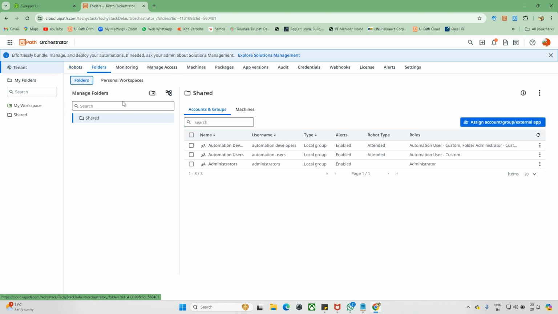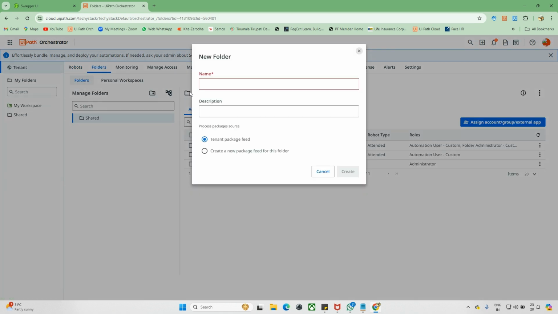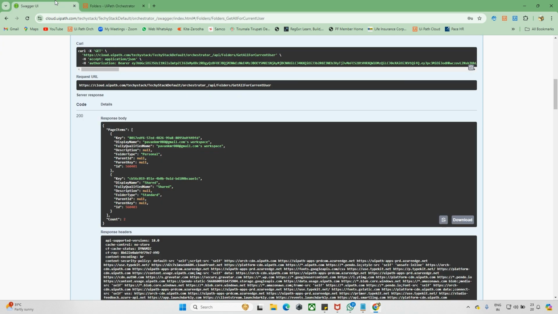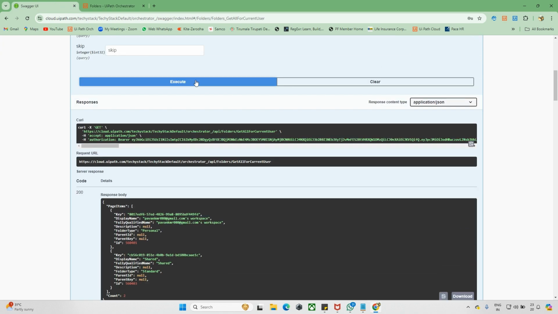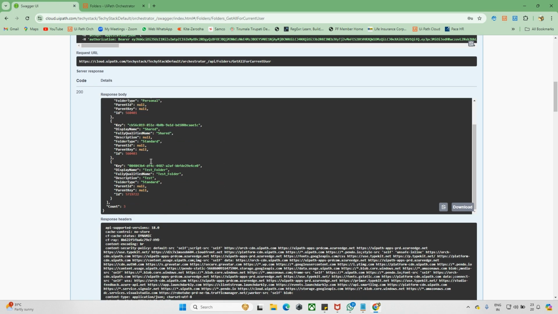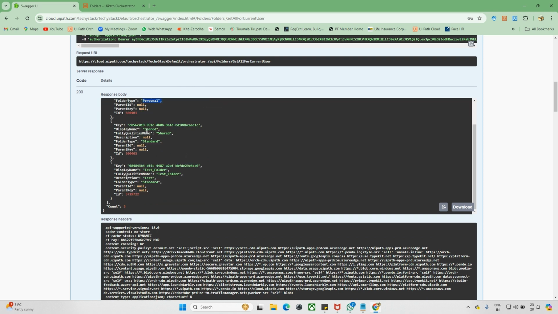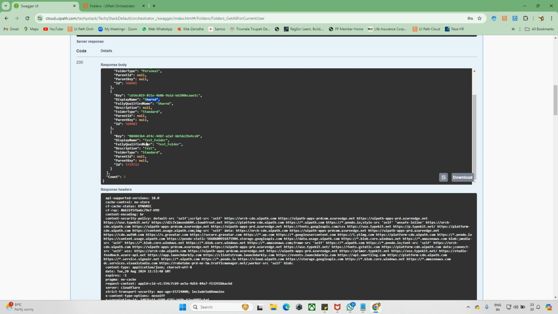Let me create one more folder. I will add this folder, test folder, and I create this. Now you can see this. I created one more folder which we call test folder. Now I go back to this Swagger, and again I will click on this execute. So now you can see these three things are available. So one is the personal, which is created, and shared, the already existing one, and we can see this test